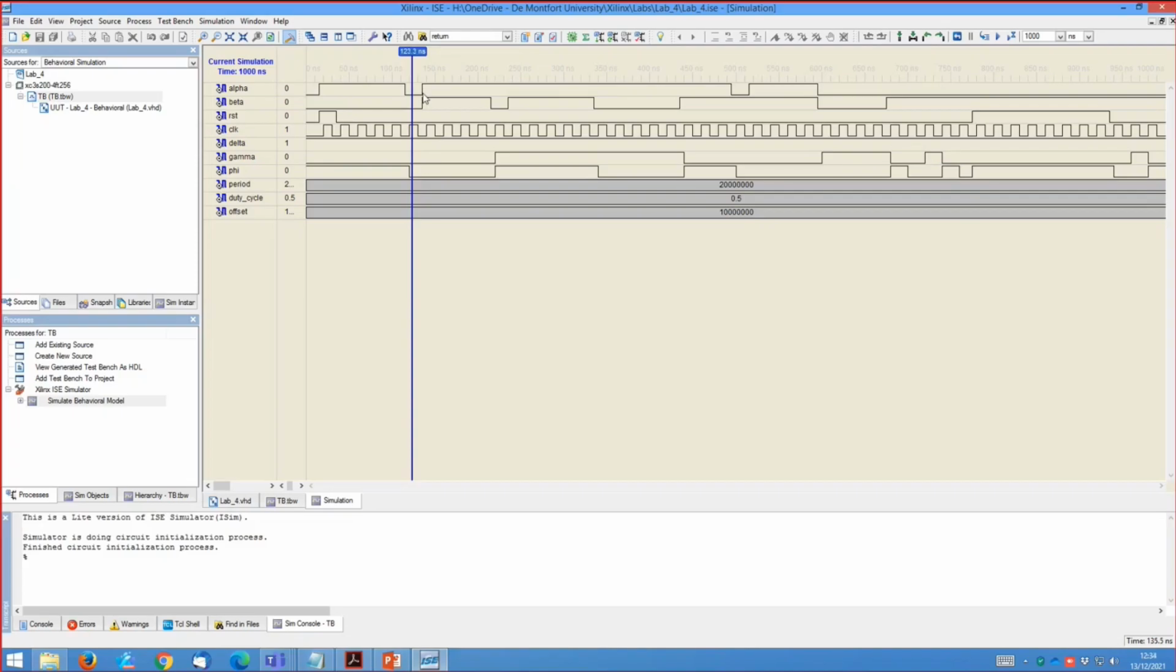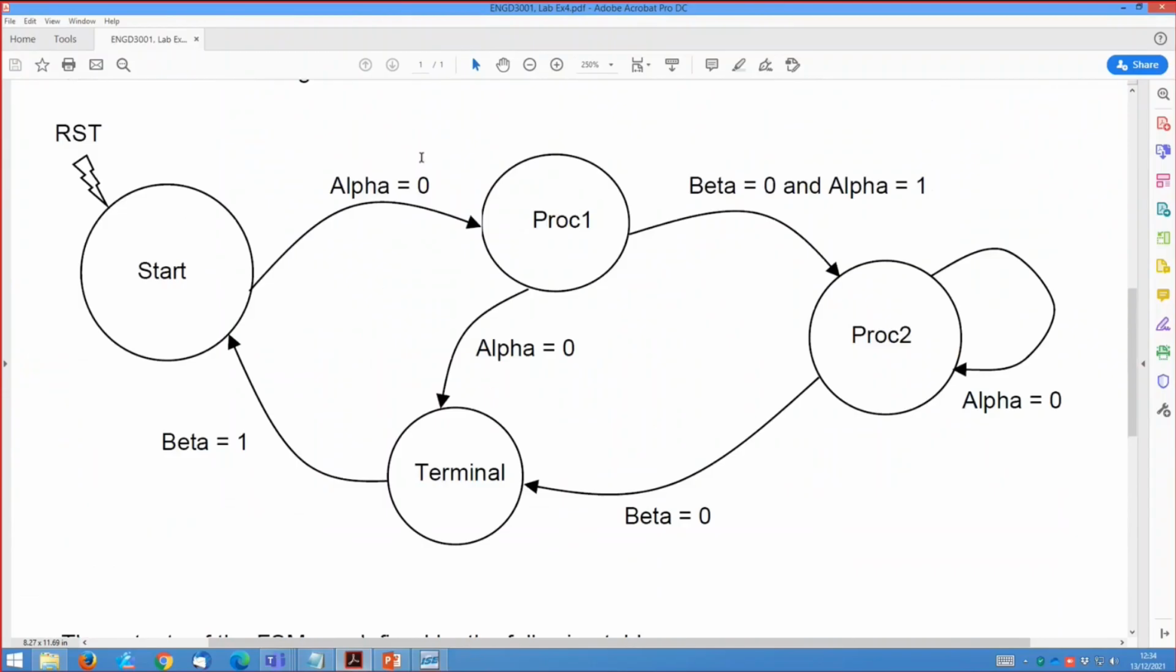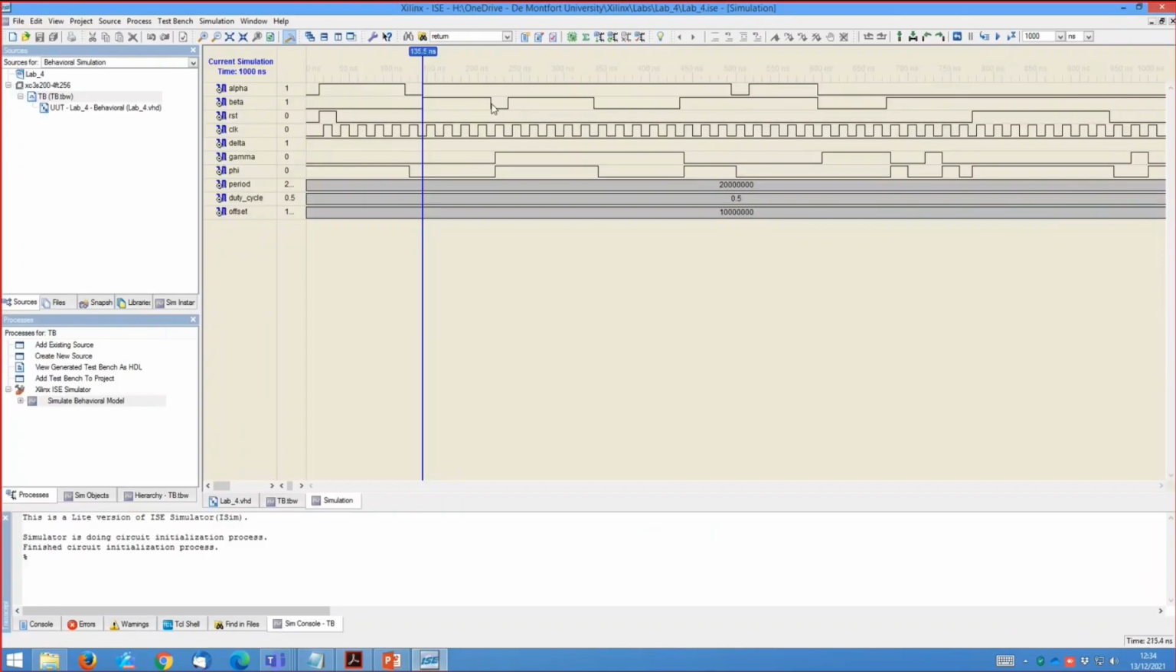Because I want to stay in proc 1 at that point, just before the clock arrives, I put both alpha and beta to 1. Because they're both 1, looking at the diagram, when I'm in proc 1 and alpha is 1, I can't go that way, and when beta is 1, obviously I can't go that way. So I'll be stuck in proc 1 until either alpha or beta changes to satisfy one of the two conditions. So looking at what we have here,